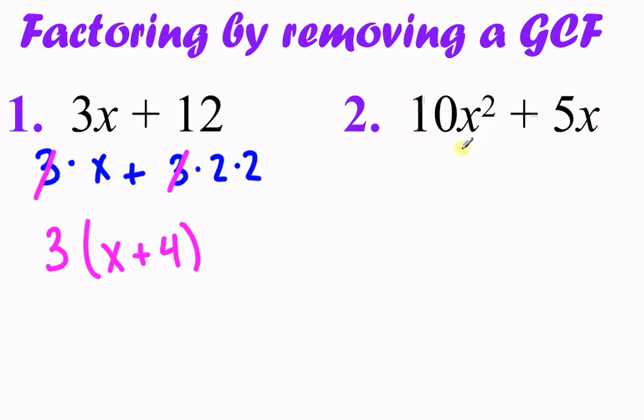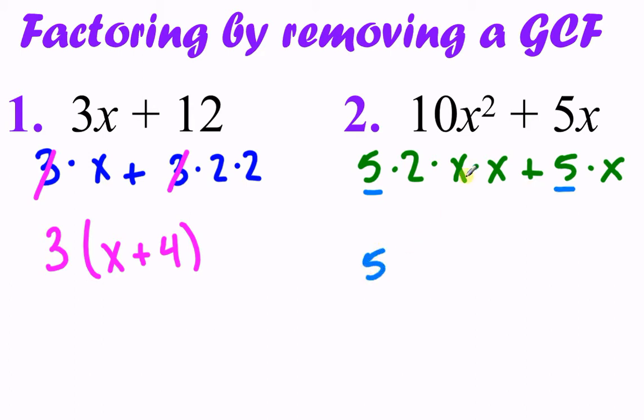And problem 2, it's the same idea. If you actually took the time to write it all out, it wouldn't hurt. You can see all the parts that go into 10x squared are right here. 5x is the same idea. 5 and x go into those. And you're looking to see what matches. We do have 5's, so let's bring that to the front. We do have a pair of x's. Let's bring those to the front. And then whatever's left will go on the inside. So we still have a 2, we still have an x, we still have a plus. There's nothing left from this, so we do write the number 1 to hold the place of that value.